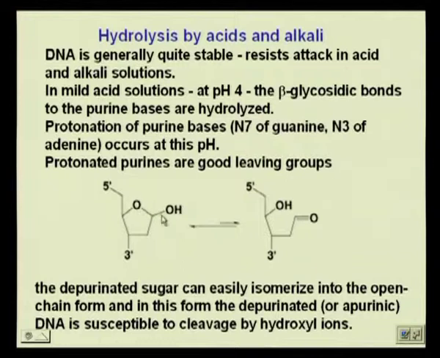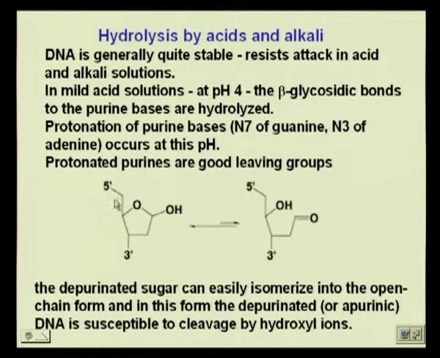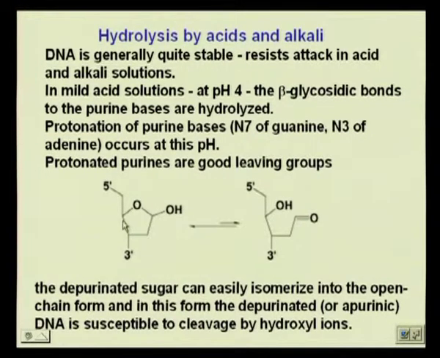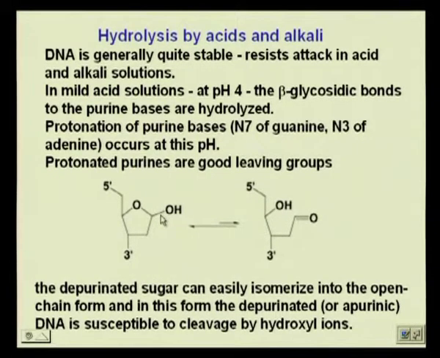This is the hydrolyzed sugar, where you are going to have, what is this 5' and what does this signify? What does this 5' and 3' end signify? It signifies that this is part of a DNA strand, right. You do not have the OH here. So, this is part of the DNA strand, and this occurs under mild acidic conditions, where there is a protonation